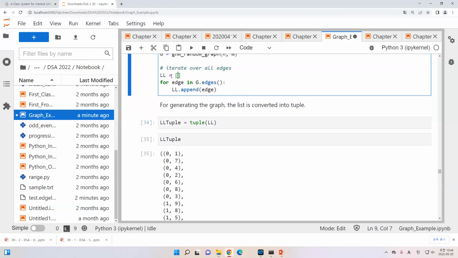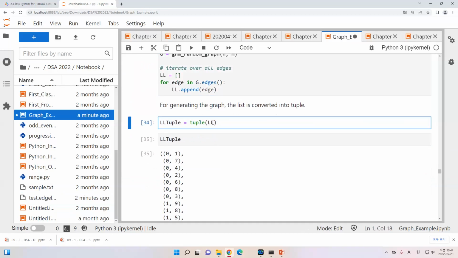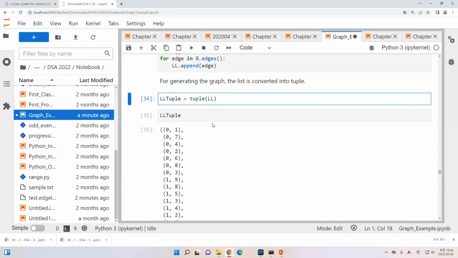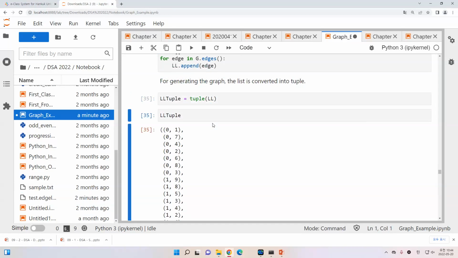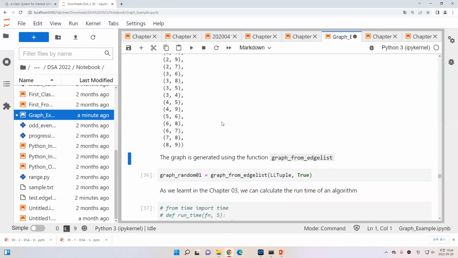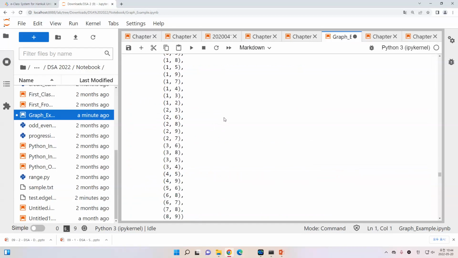This LL is a list and I want to make it as a tuple. In the tuple, you cannot change or modify the element. So that's why it is good to use the tuple. And this is random, with 10 nodes and 30 edges. And after I have this tuple,